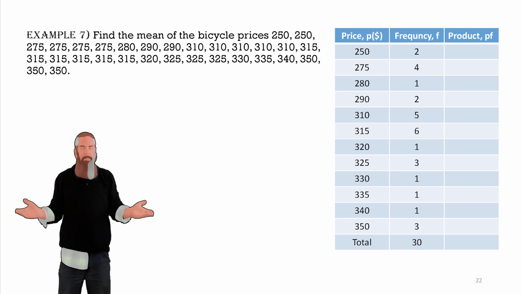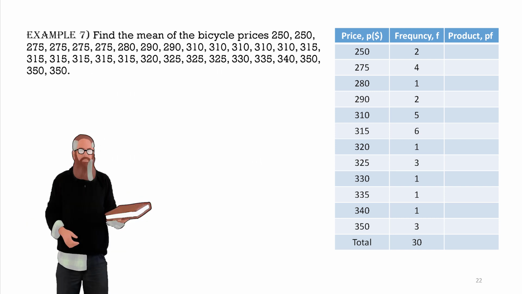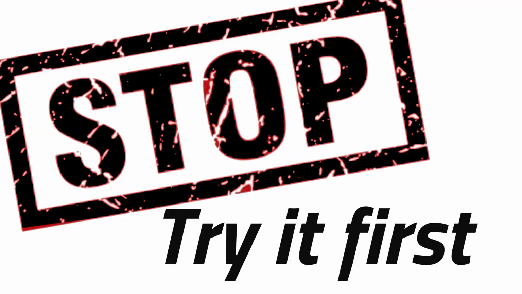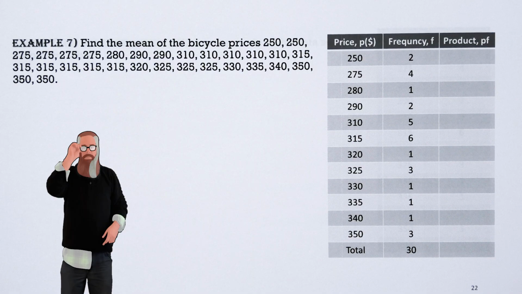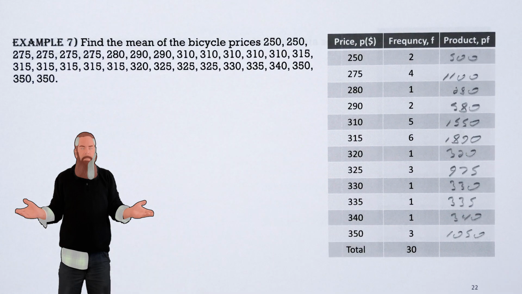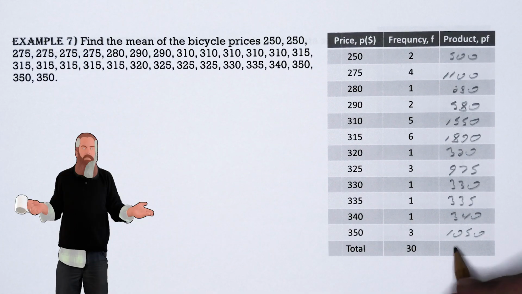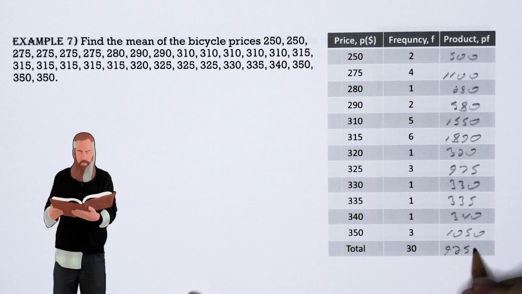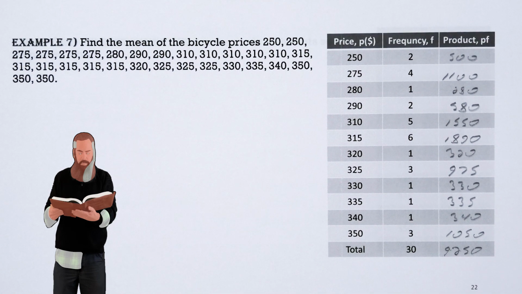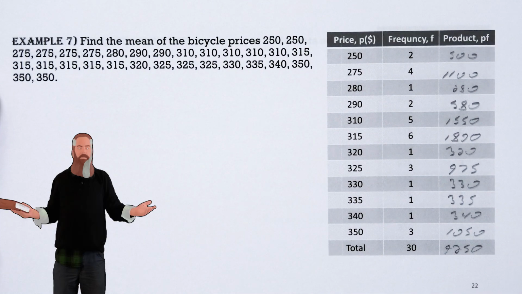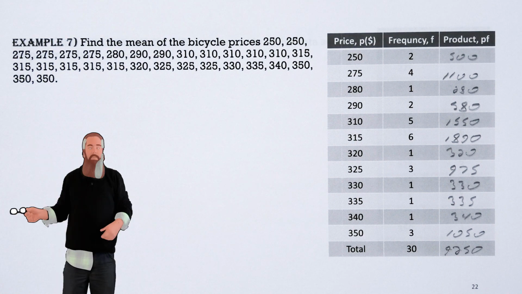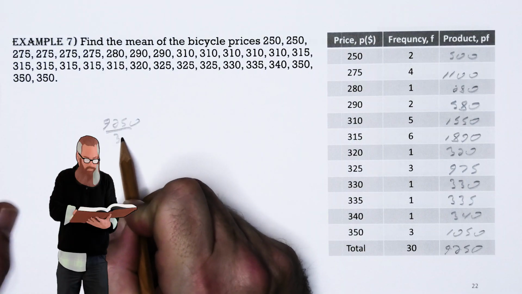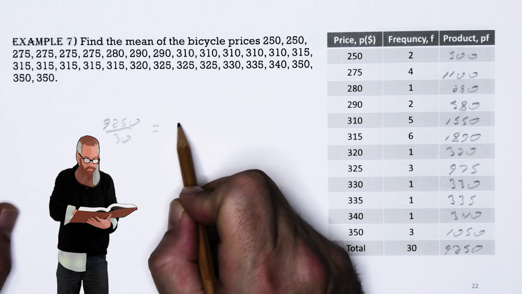Now, let's use a frequency distribution table to determine the mean of a data set. Find the mean of the bicycle prices, which are all on the table. Jane creates another column in the table for the product of the first two columns. The sum of the entries in the third column is 9,250. It is used to find the mean. This is the same sum you would find if you added up the 30 original prices. Divide that sum by 30 to find the mean, which is